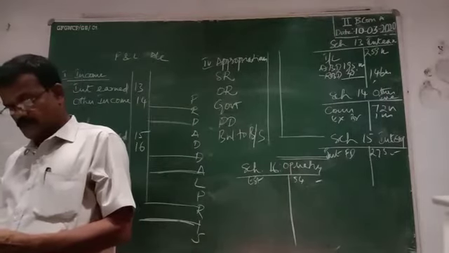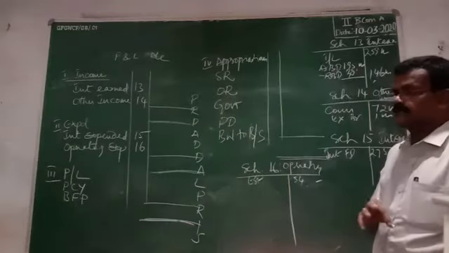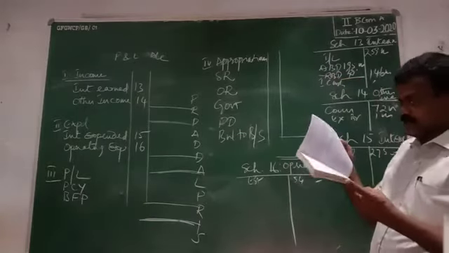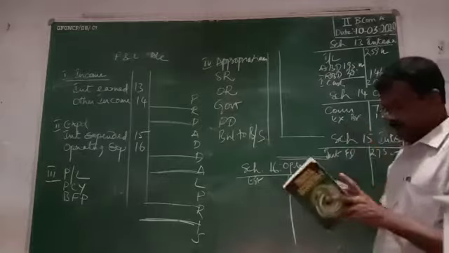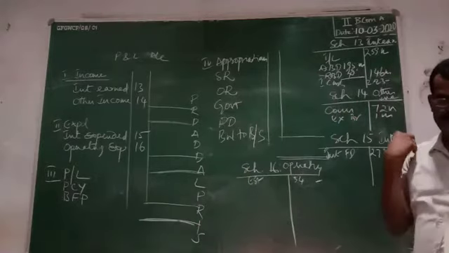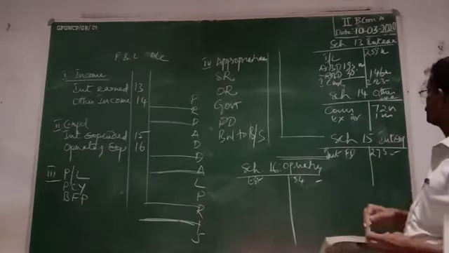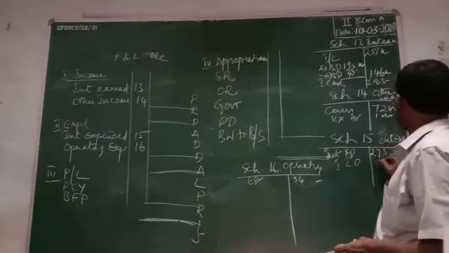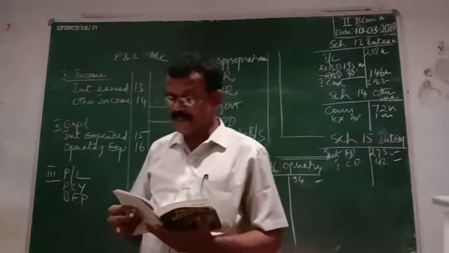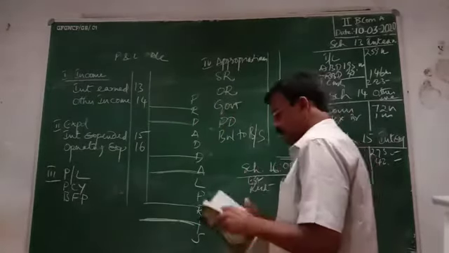Next, interest on cash credits 2,23,000. Interest on cash credits, that is again income earned, 2,23,000. Next, interest on current account, interest expended. The deposit that you have to return. Interest on current account, interest expended rupees 42,000. Interest on current deposit rupees 42,000. Next, rent and taxes 18,000. Rent and taxes 18,000, that is operating expenses.